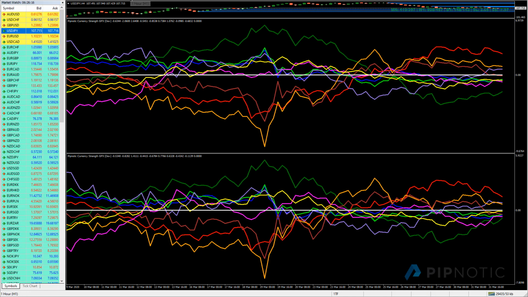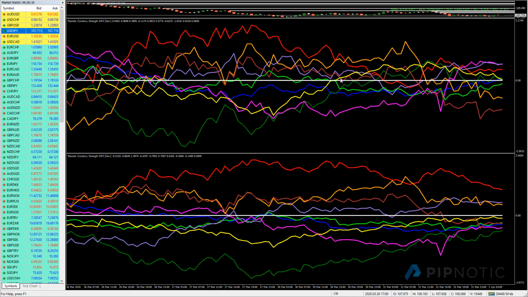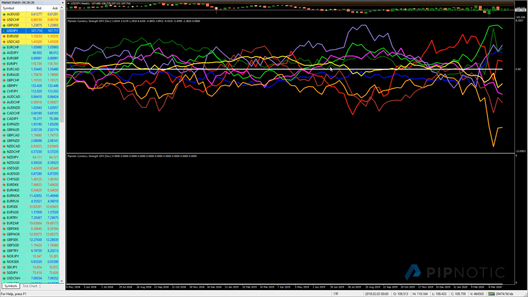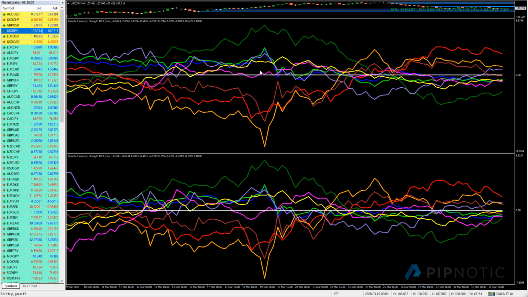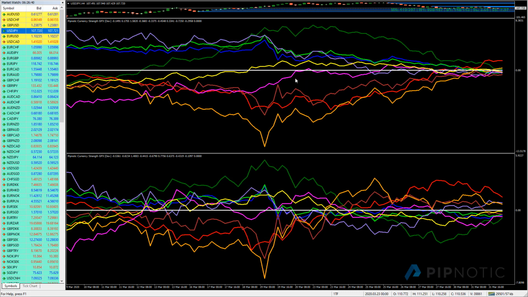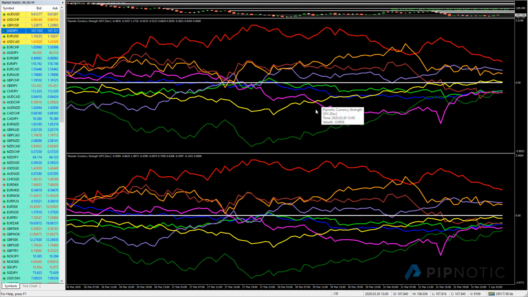Okay, so if I change this to 1 hour, this is 1 hour currency strength information with a 20 period look back. Here we have half an hour, and here we have daily, and here we have weekly. Okay, and so this is just a really nice overview of what's going on. And so if you want to see more profound information, well, then you can go maybe 50 periods back, and this will change here, and you can see that 50 periods ago, we